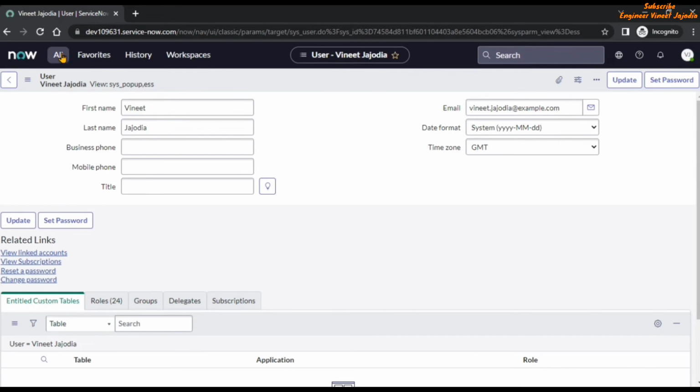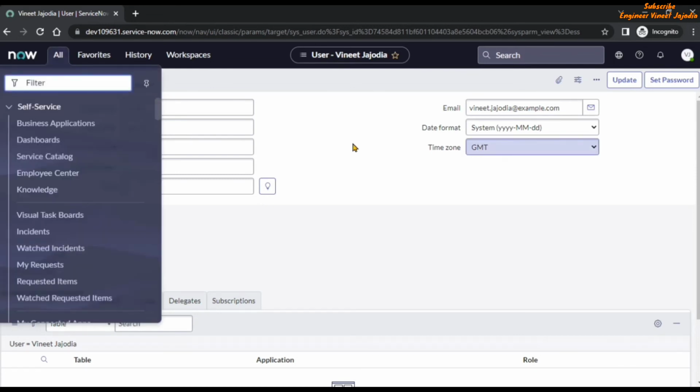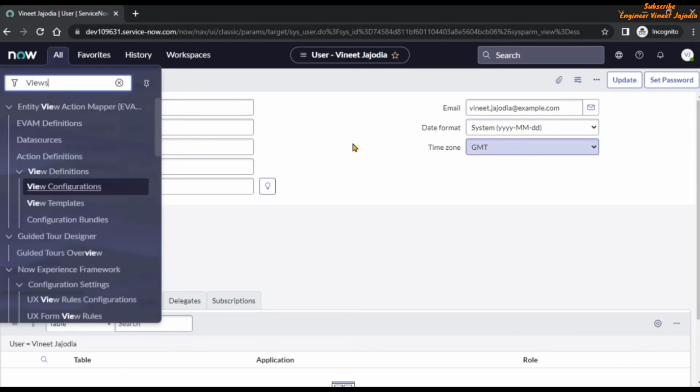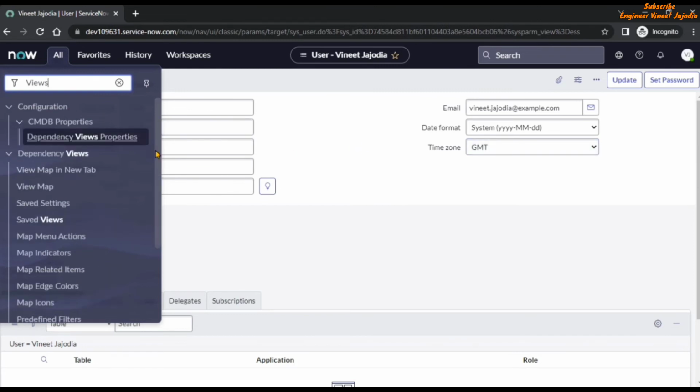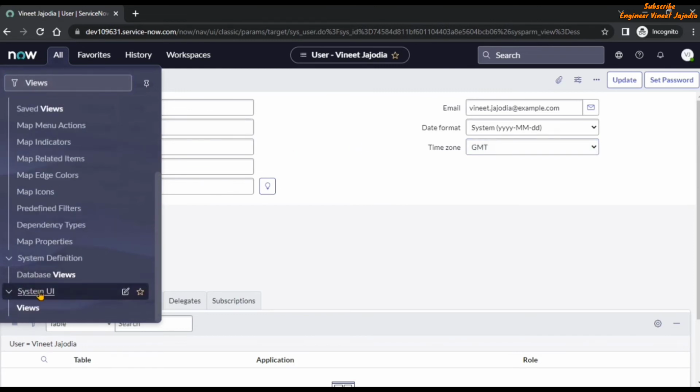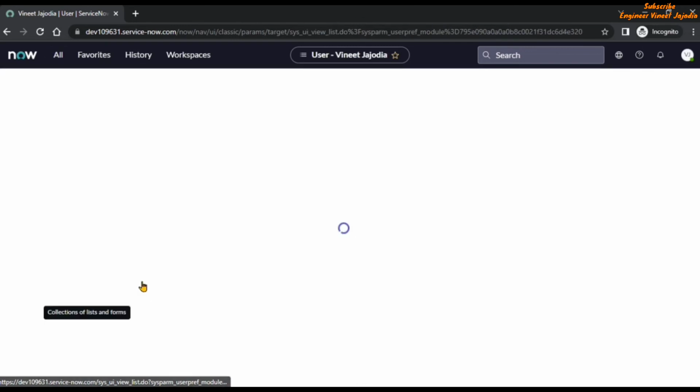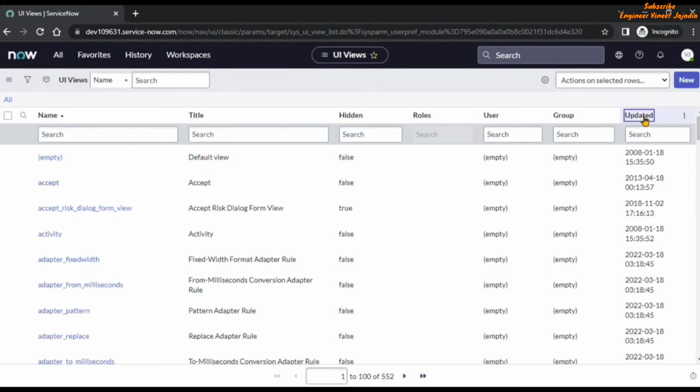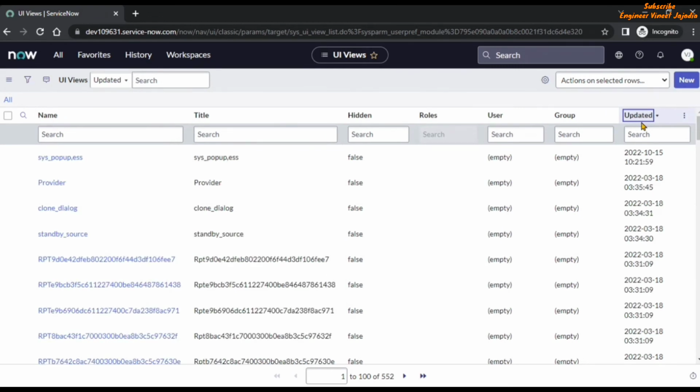on All in the filter navigator, type views, and go to System UI Views and click on it. If we order in descending order of the updated column, we are going to see there is a view that we have recently created. So what we are going to do is change the title